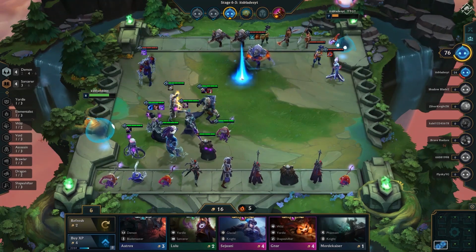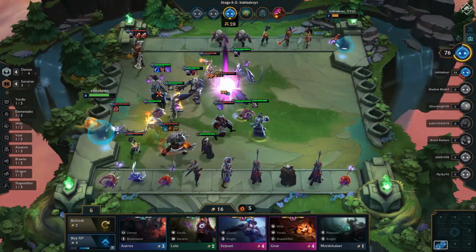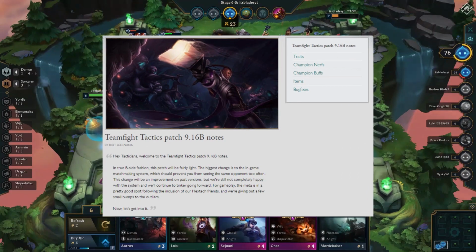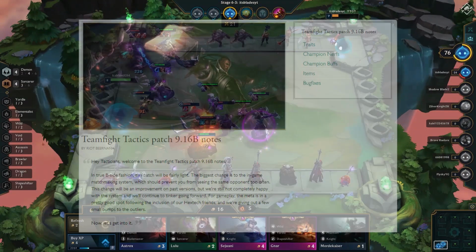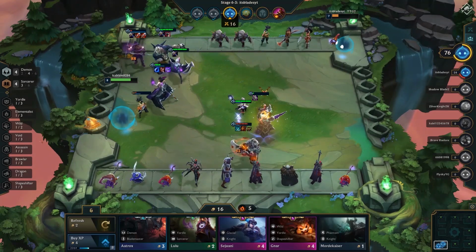Everyone was hyped by the Hextech champions and Synergy in 9.16. So what's in store next? We've all been there: after hours of practice we finally understand the meta, and bam, a new patch is already out and we have to relearn everything. We're here to guide you so you know what to expect with the new patch 9.16b and what to expect